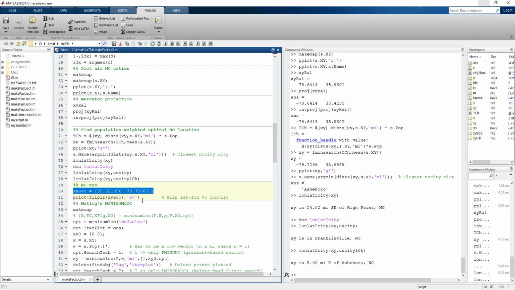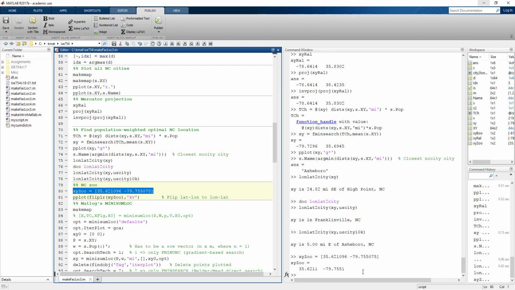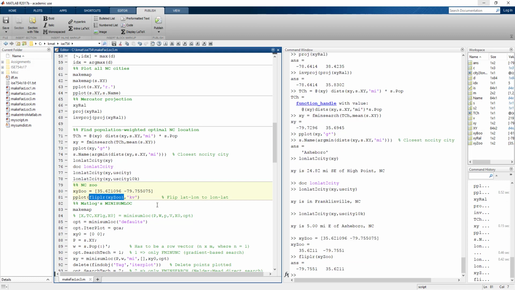zoo information, if you go to the web and type into Google North Carolina Zoo and try to get the longitude latitude information, what you get returned is the decimal longitude latitude, but it actually gives it as latitude and longitude. So it returns the latitude, essentially the y value, first, followed by the x value. So if we plotted it, we'd get an incorrect location. To make sure that it's correct, we can use the flip left-right command, which reverses the orientation of this row vector. And then I want to plot it as a black triangle. So when I do that,